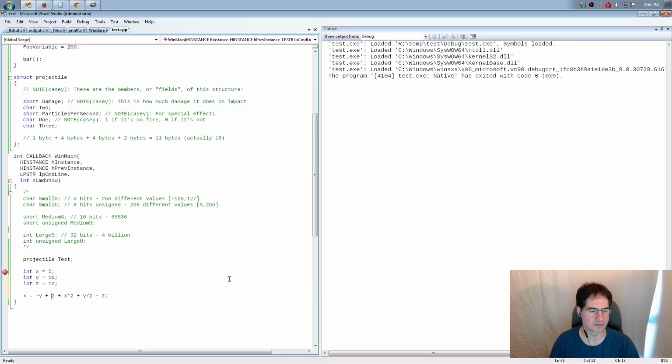Now, the thing that you want to remember is that much like in mathematics, in C, operators have what's called a precedence, which means that some operators happen before other operators. Since this is exactly like how you think of them in math, I'm not going to belabor that point at all or even show a demo of it. I'm simply going to say it works very much like you would expect. Multiplication binds first. So if I say x times z, and then I have a plus on either side of it, no matter what it's doing, the x times z will happen before the plus happens. So the z plus x will not magically happen and then times z.